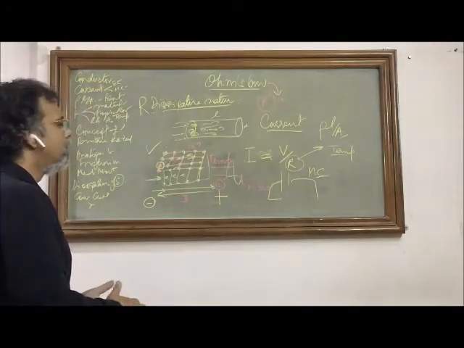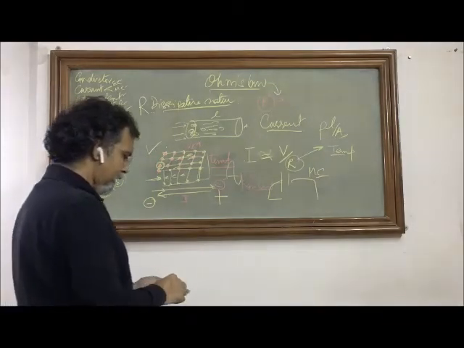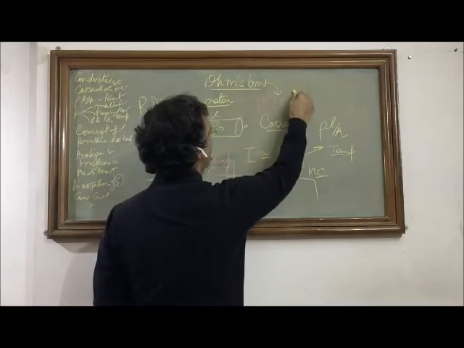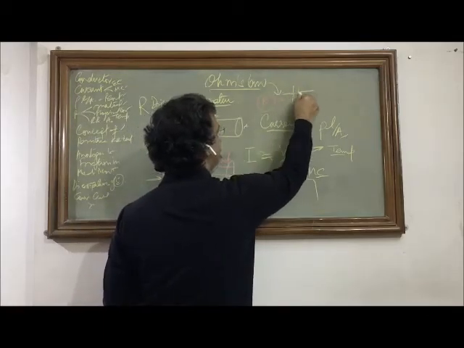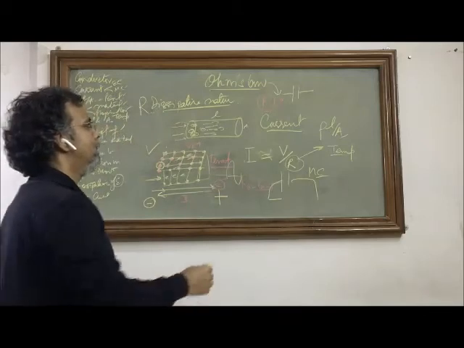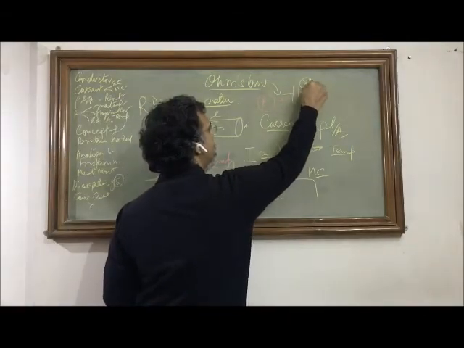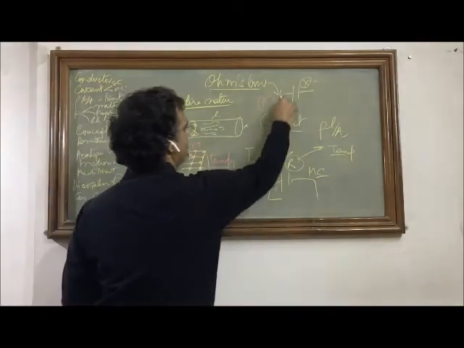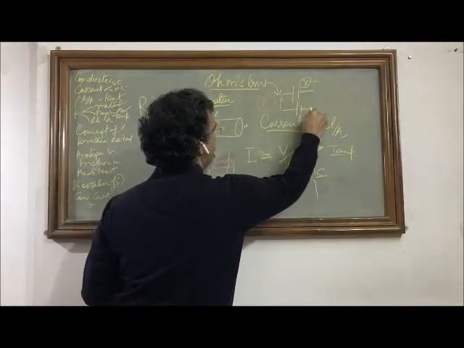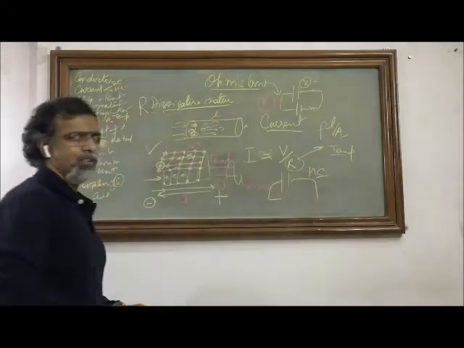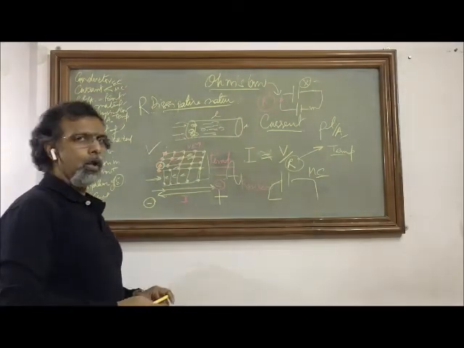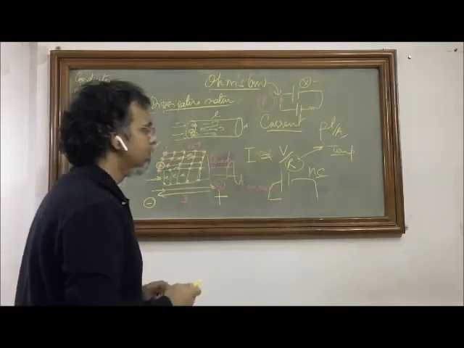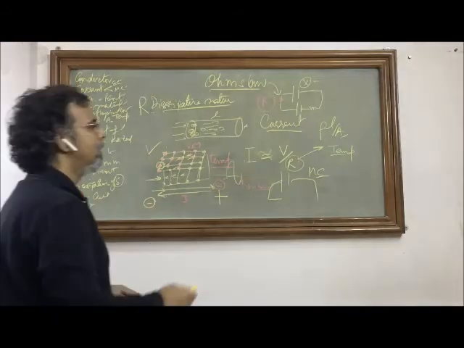Going further in this discussion, though we will be coming to it later, Ohm's law is not applicable in the case of capacitors. We will do that in detail later, but here I need to mention that if you have a capacitor, please don't try to apply Ohm's law across it, or if it is a part of a circuit. So now you have a battery, you have a resistance, and then you have a capacitor. In such a circuit, it is not advisable to apply Ohm's law all the time, because such a circuit will have a different characteristic which we will do in detail later.